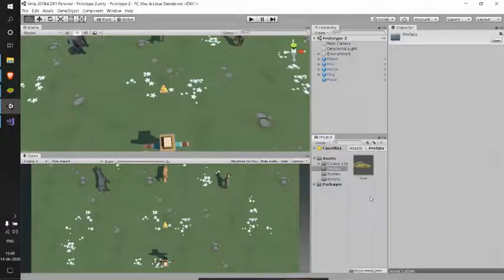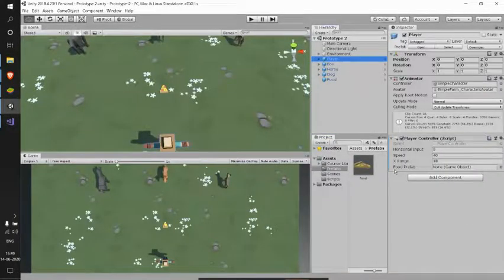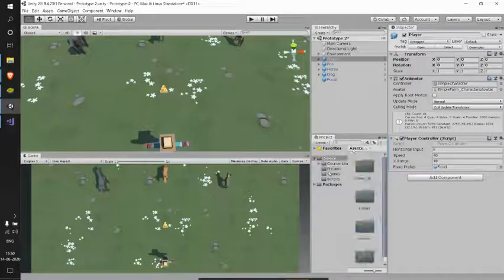So let me go to my prefabs, and let me assign this food prefab. Let me initialize that variable with my food prefab. I'm able to see my food prefab here, and till now we have used different human characters, different animals, and food, right?